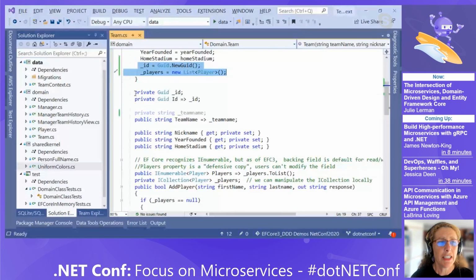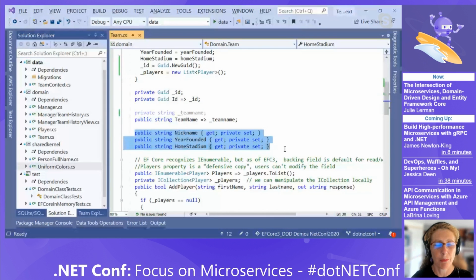Here is one thing you'll notice throughout this whole class: except for these properties here, which are just kind of extraneous to this example, so they have getters, but I don't really care about those scalar properties, all of the other properties that I want to protect have no getters at all.